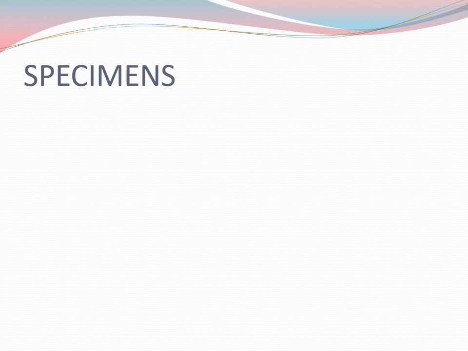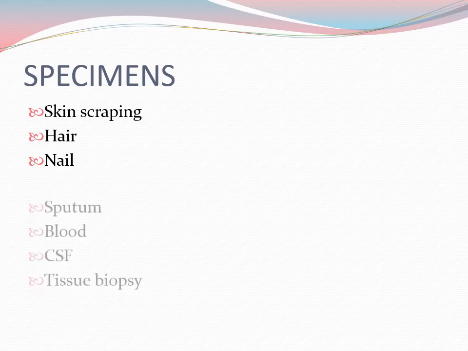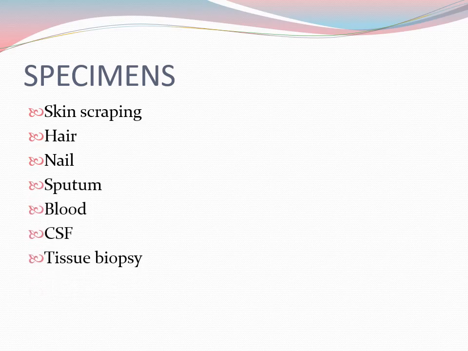First of all, when we are diagnosing any fungal infection, starting from the specimen, what sample could come depends upon what disease these fungi are causing. Like if we have dermatophyte infections, they usually affect our skin, hair or nail. Cryptococcus can cause meningitis, so we can have CSF. We can also have sputum, blood sample or biopsies.